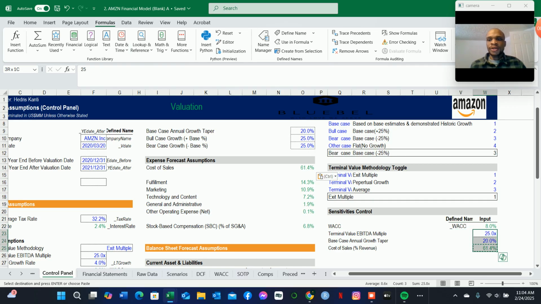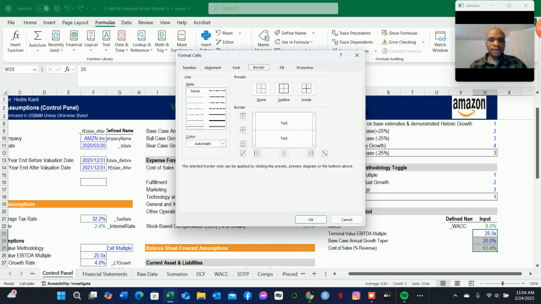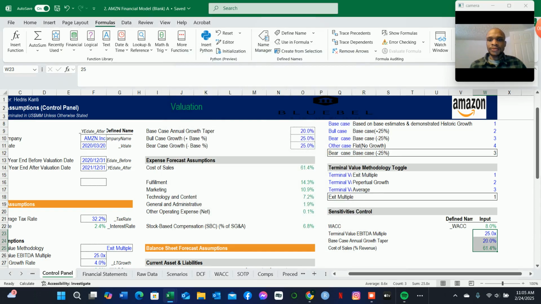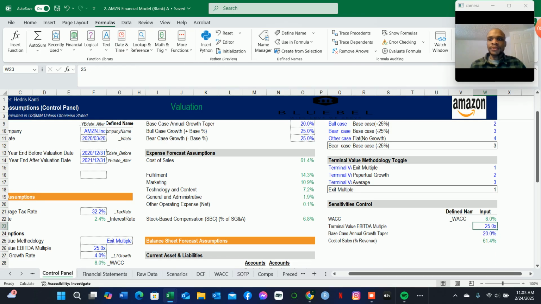Now we can highlight all of these, hit Control 1, remove the borders. So we have that set up there. So now what we want to do next is we now want to set this to be equal to